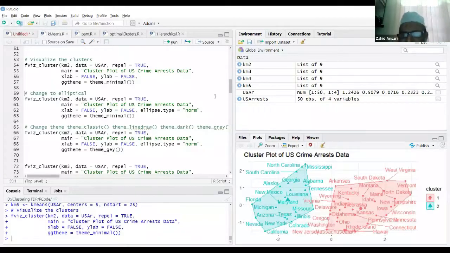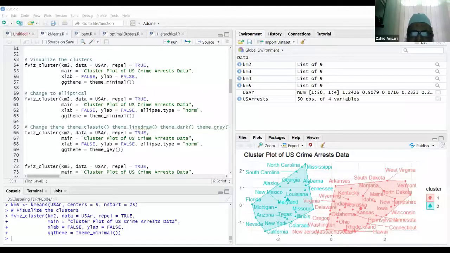See, it has given me the 2 clusters over there. I'll zoom it so things are clearer. You can see the 2 clusters over here. This is cluster 1 with 30 states, and this is cluster 2 with 20 states.